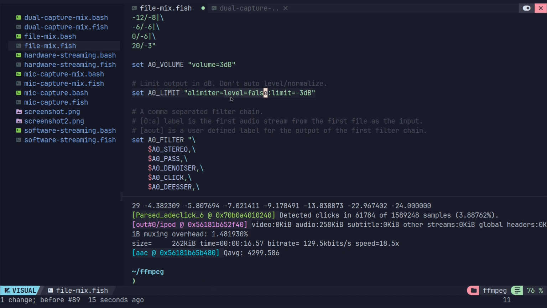So you can disable it. So you can put alimiter equals level equals default. And what happens is when you have more than one option, it looks like this. When you have more than one option on a filter,